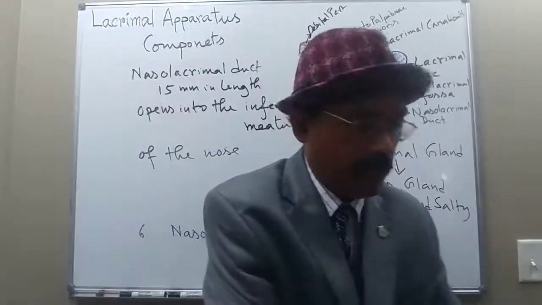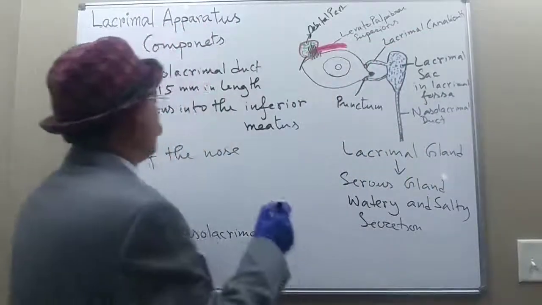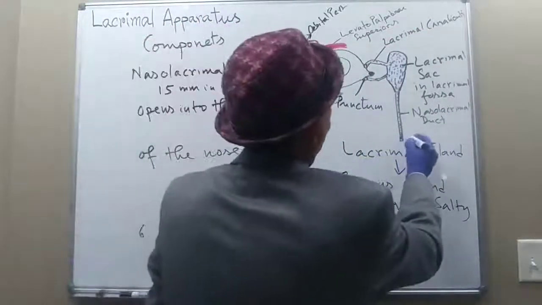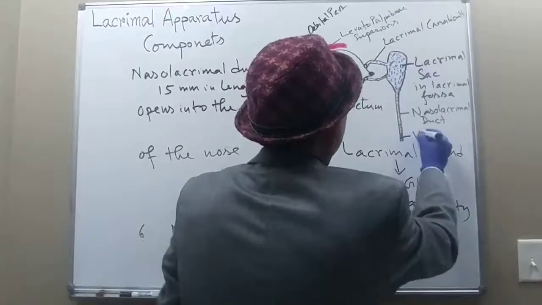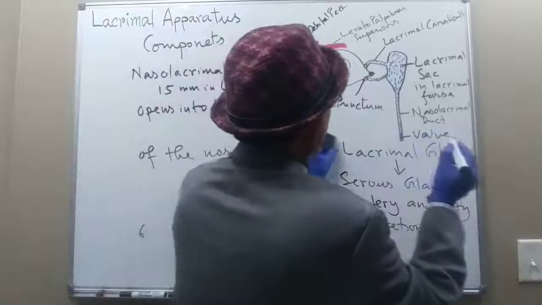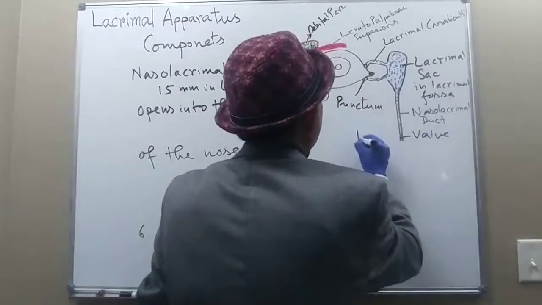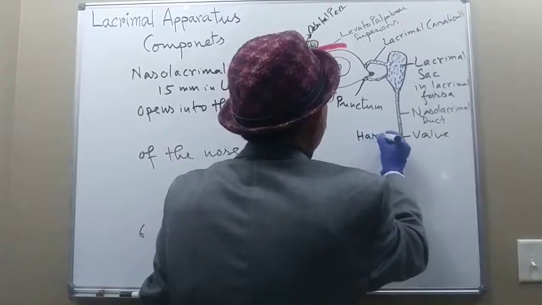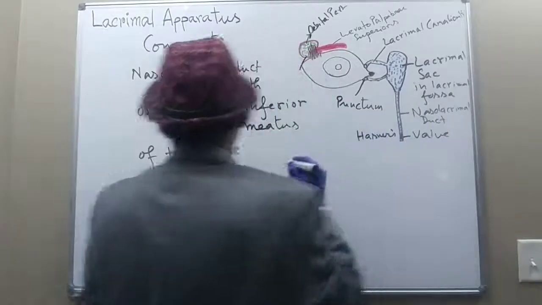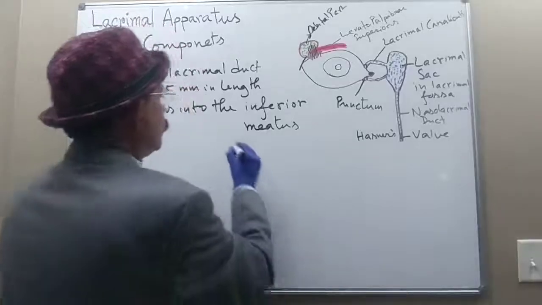Okay, we got the nasolacrimal duct. The nasolacrimal duct is guarded by a valve. Here is the valve. Okay, this is called Hasner's valve. So it opens into the inferior meatus of the nose,